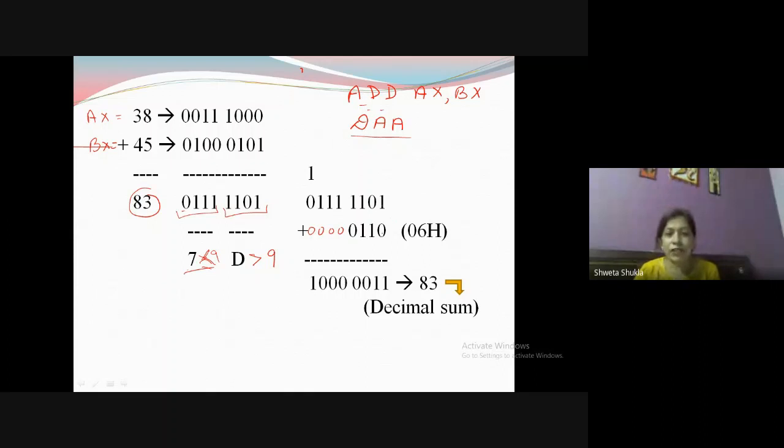Now see, 1 plus 0, 1, 0 plus 1, 1, 1 plus 1, 0 with carry 1, again 1 plus 0 with carry 1. So carry 1 will come here. 1 plus 1, 10, 0, that means carry 1 will be again here. 1 plus 1, again 0 with a carry 1 here. And what is going to happen? 1 plus 0 with a carry 1. So a carry 1 is here. Now this becomes 1 because the carry is given here. The answer becomes 1000 0011. That means 83. So why are you doing this decimal adjust? To get the answer similar to the decimal value. Now let's see, 83 is also here and 83 is here also, which is the decimal sum.